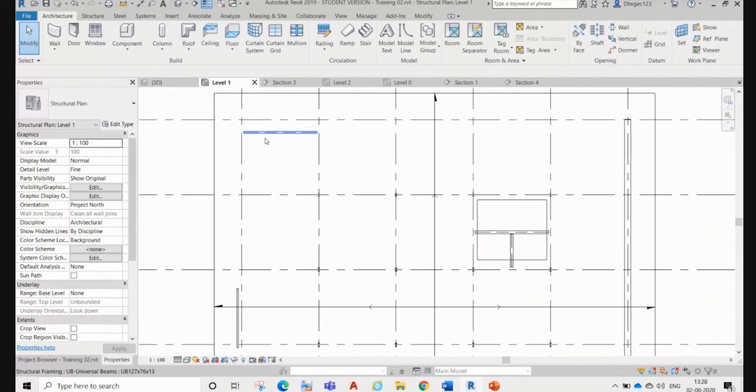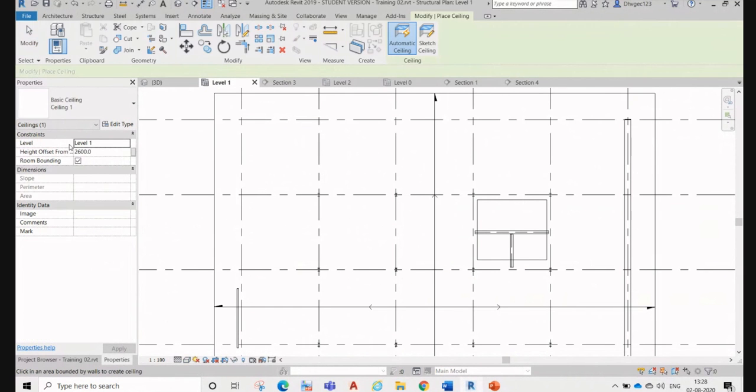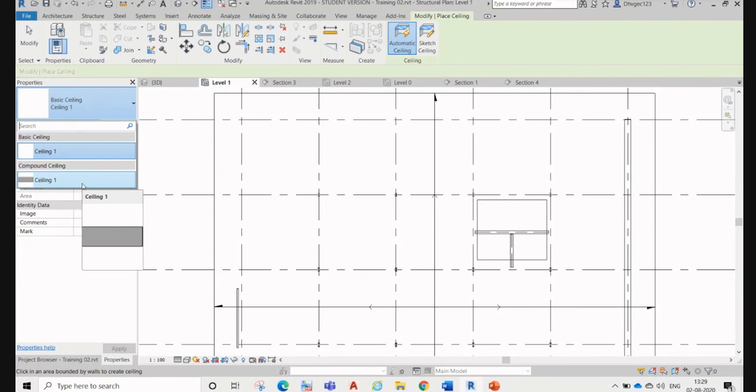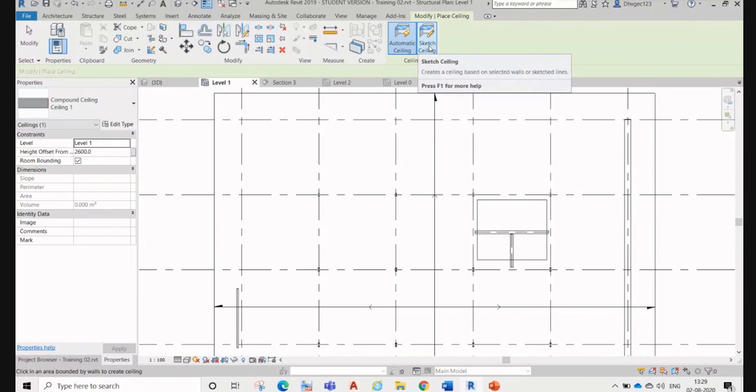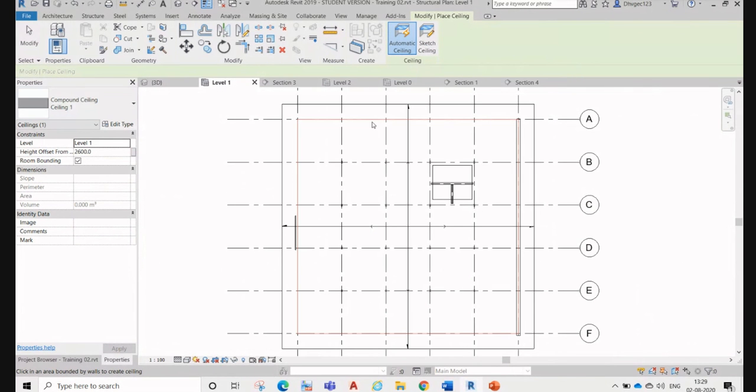Yes, and now we'll just try to draw ceiling. So for ceiling, we have a brick ceiling or a composite ceiling, basic ceiling. Okay, so we'll just use that one. When I click here, automatic, it's showing that all around we have a wall, right?